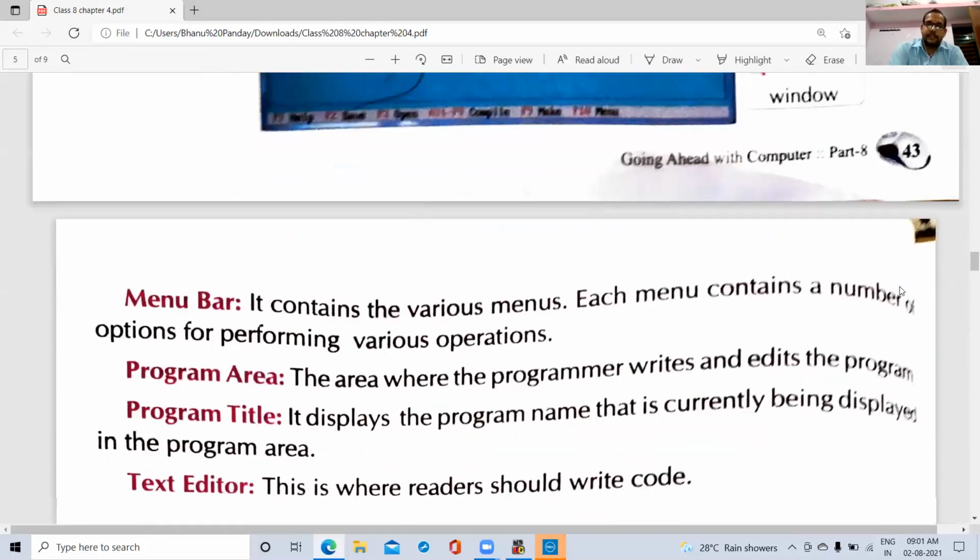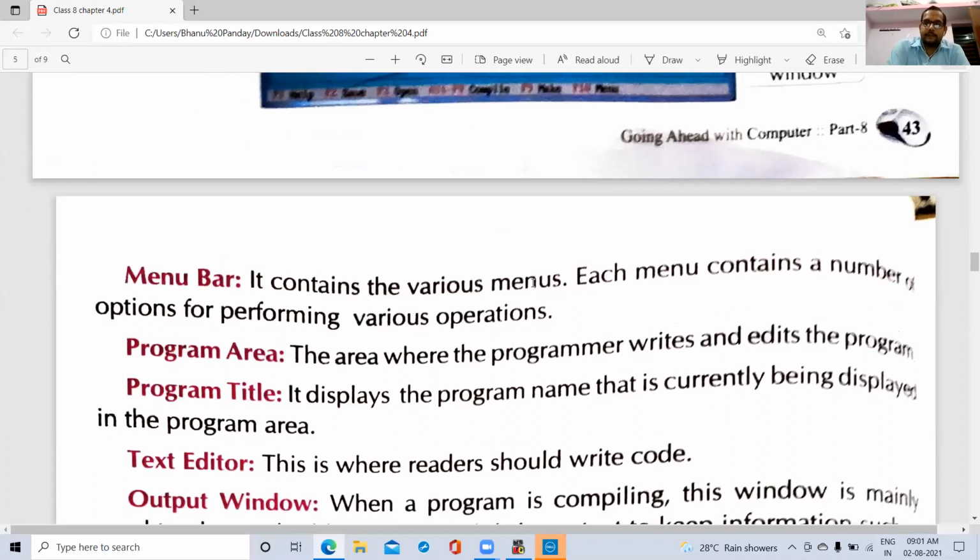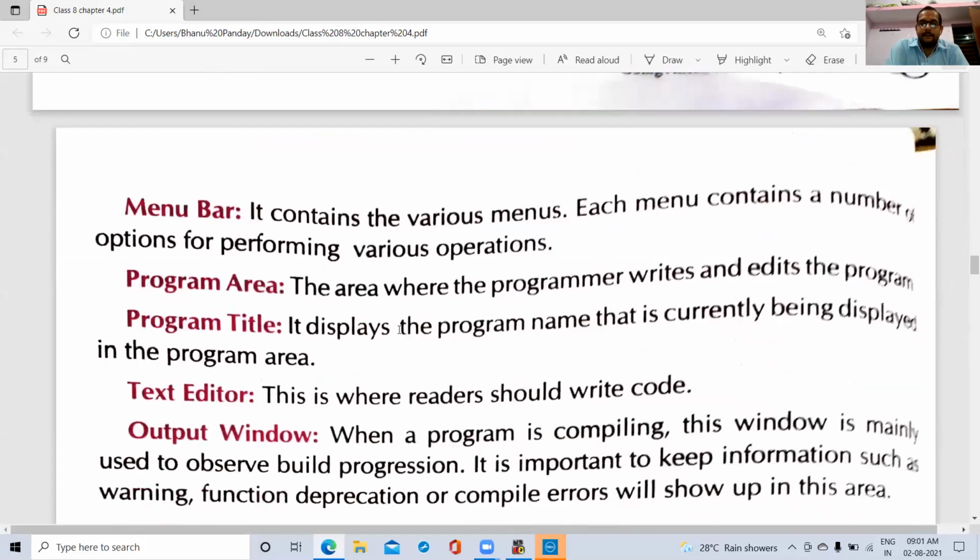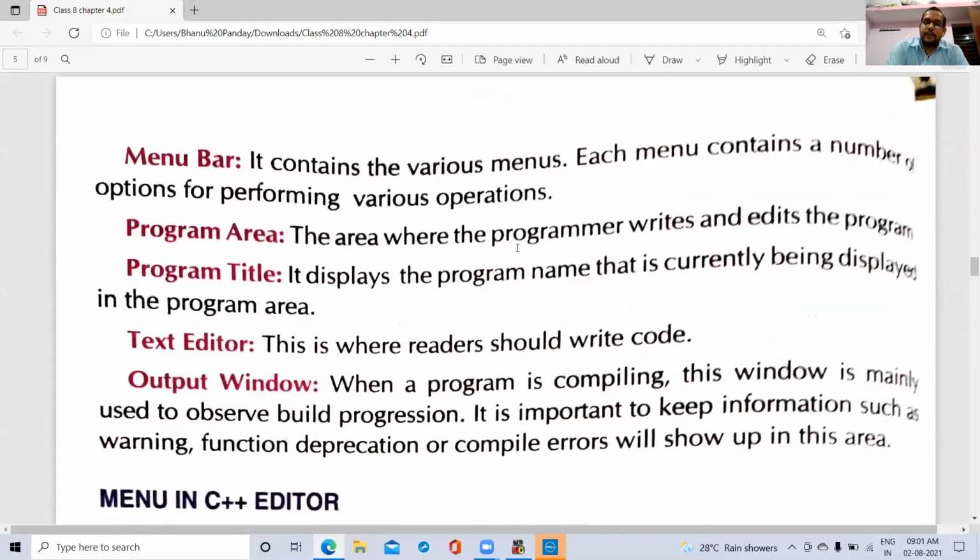Now, see this. The menu bar contains various menus. Each menu contains a number of options for performing various operations. After that, the program area, the area where the programmer writes and edits the program. Program title, it displays the program name. Means once you save your file, it will display the name here. Then the text editor.